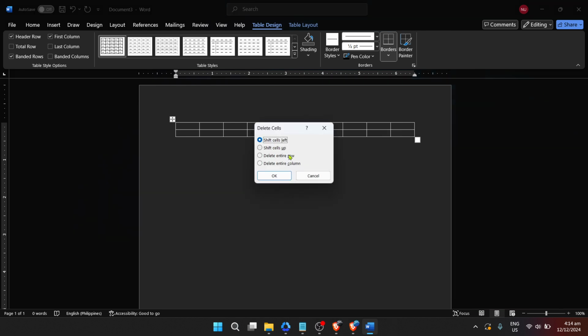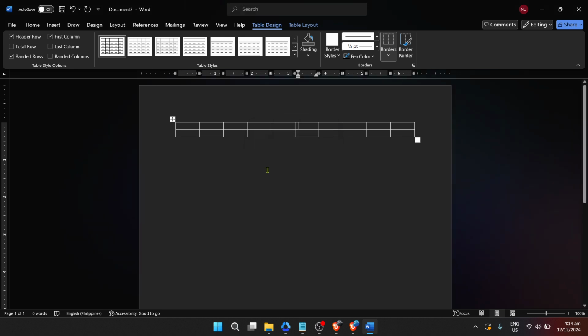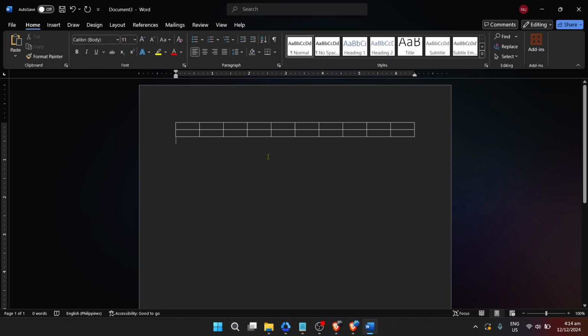Customizing the look of your table is also quite straightforward. With your table selected, you'll notice that two new tabs appear at the top of your Word document: Design and Layout. These are your keys to making your table not just functional but visually appealing as well. The Design tab lets you choose from various predefined styles and colors, while the Layout tab offers options for aligning text, changing cell sizes, and more.